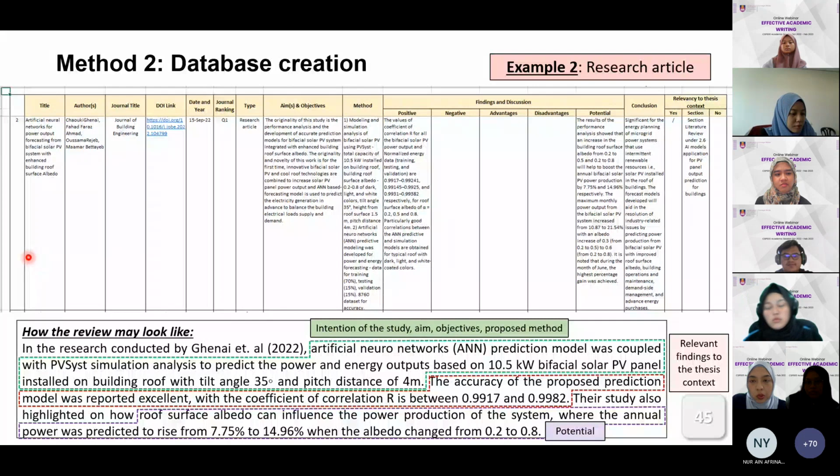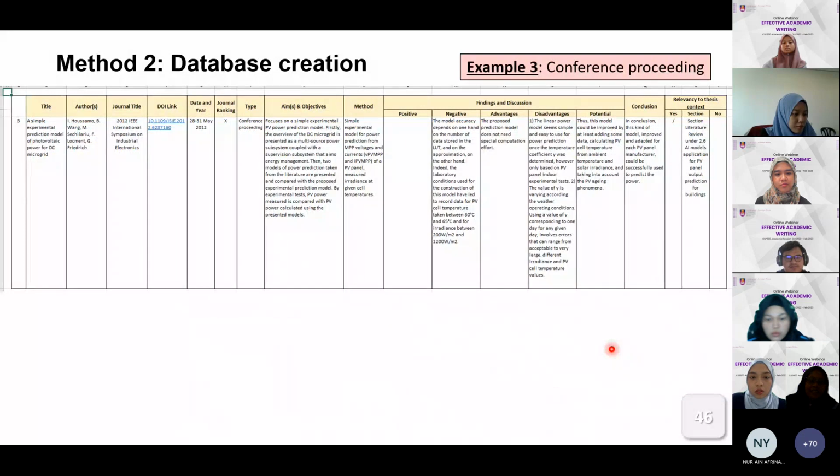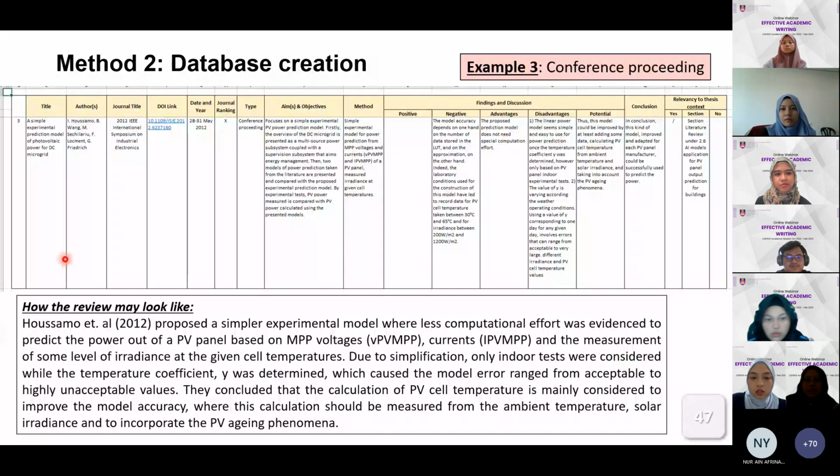I will start by having the intention of the work, or the aims, objective, the proposed method, and then I will touch on the relevant findings, and then I touch on the potential. For example 3, the same. So this is the one,